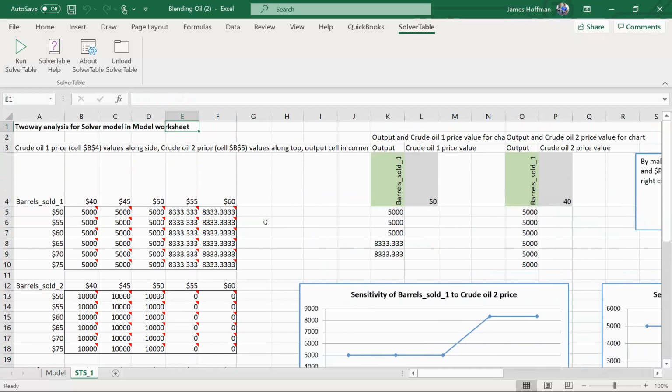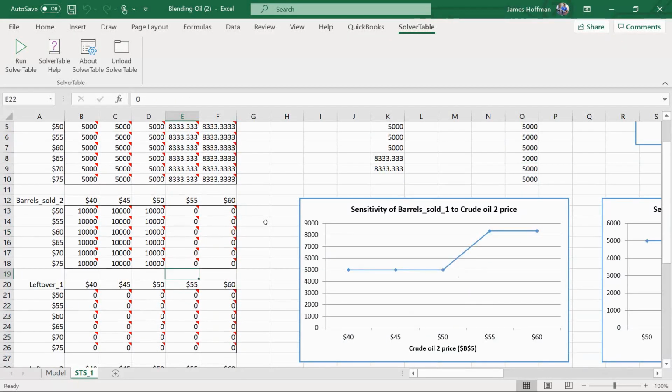This is barrel 1 sold. So this is barrel 2. So if the selling price of crude oil 2 gets up to 55, then we stop using it to make heating oil. Okay, and the same here. If the price gets up high enough for